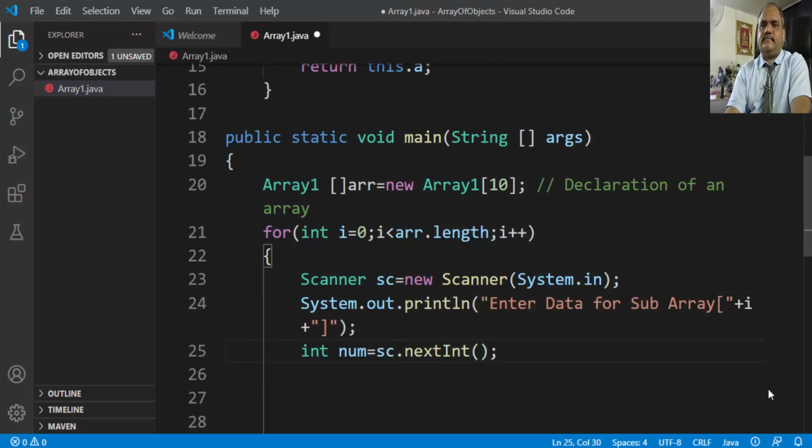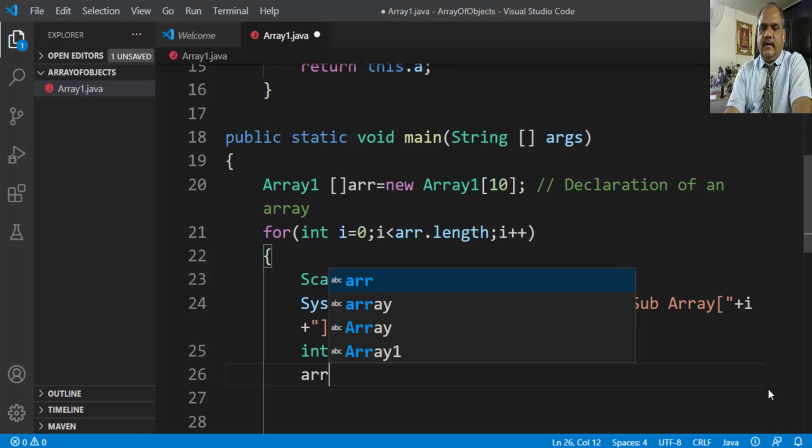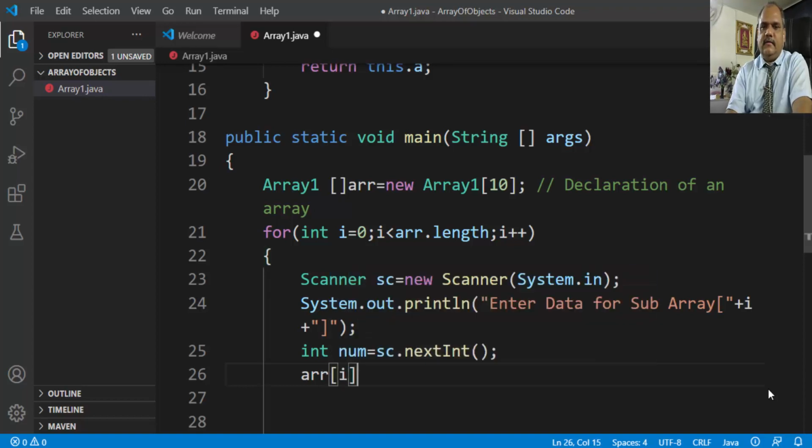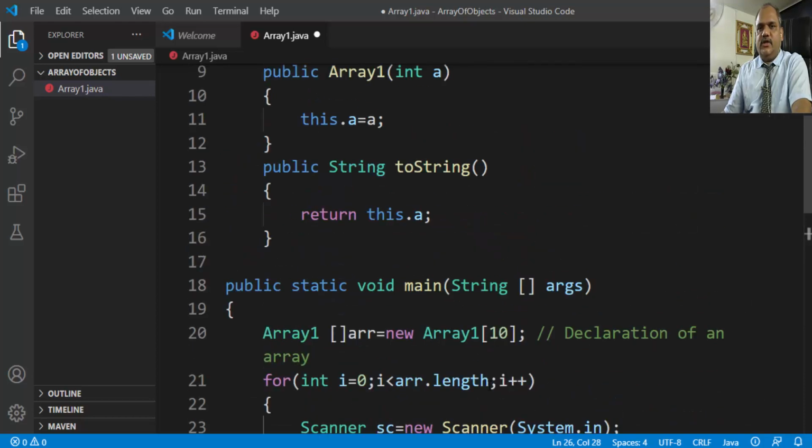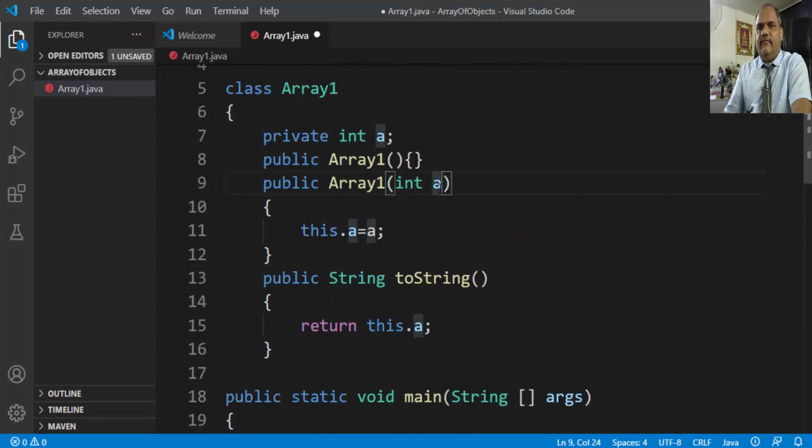It reads the number, and then this number you pass on to arr[i] equals new array1, creating an object and passing this number as an argument. Agree? So this number will be passed as an argument to the constructor, and